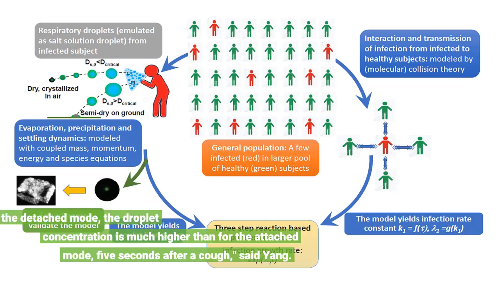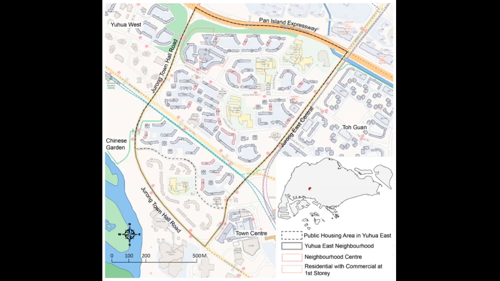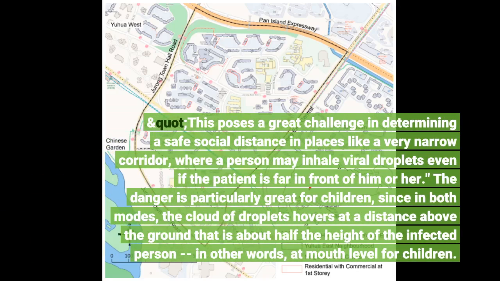"For the detached mode, the droplet concentration is much higher than for the attached mode, 5 seconds after a cough," said Yang. This poses a great challenge in determining a safe social distance in places like a very narrow corridor, where a person may inhale viral droplets even if the patient is far in front of him or her. The danger is particularly great for children, since in both modes, the cloud of droplets hovers a